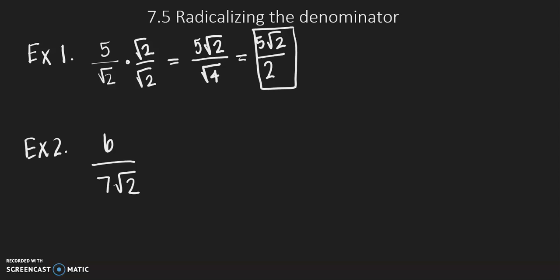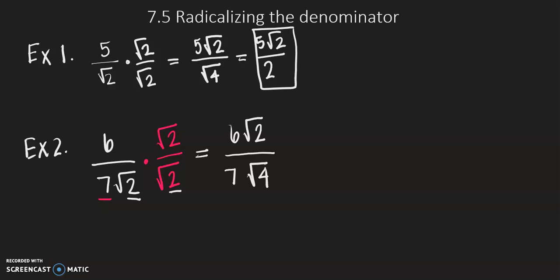So here what we're going to do is we're going to go ahead and multiply this by rad 2 over rad 2. So notice that we're only multiplying it by the radical and not the 7. Okay, then on the top we're going to get 6 radical 2, and then on the bottom we're going to get 7, and then we could multiply their insides, so radical 2 times radical 2 is radical 4. Okay, then we could simplify this. Radical 4 is equal to 2,